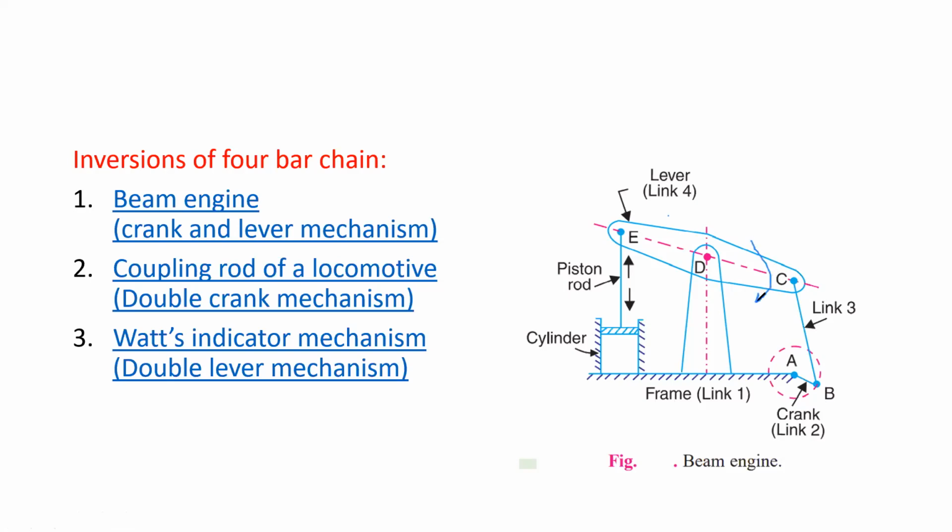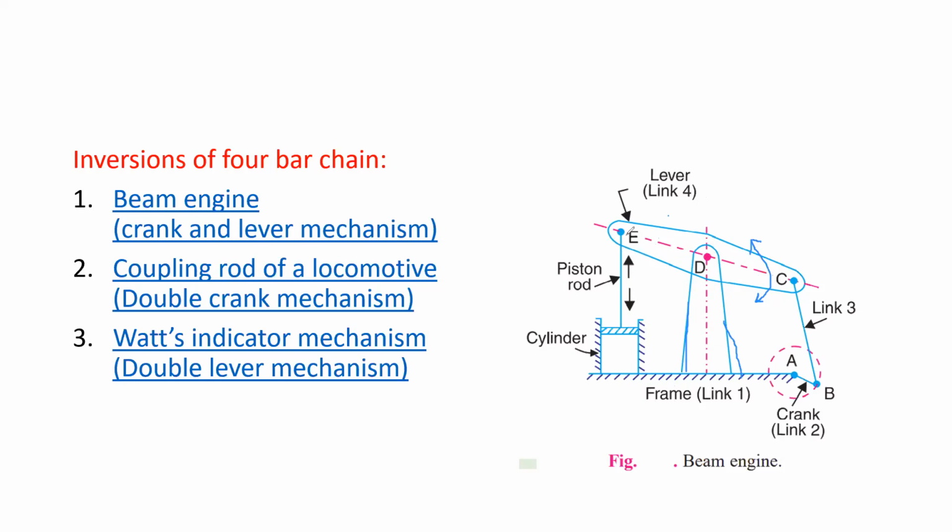This lever will oscillate like this about point D. It will oscillate like this, okay, and it is pivoted at point D. Point D is pivoted on the frame only because this structure is meeting with the fixed link, okay. So it is the part of the structure. This link is pivoted here, okay. So these are the 4 links, and in order to use the oscillating motion of the lever, we